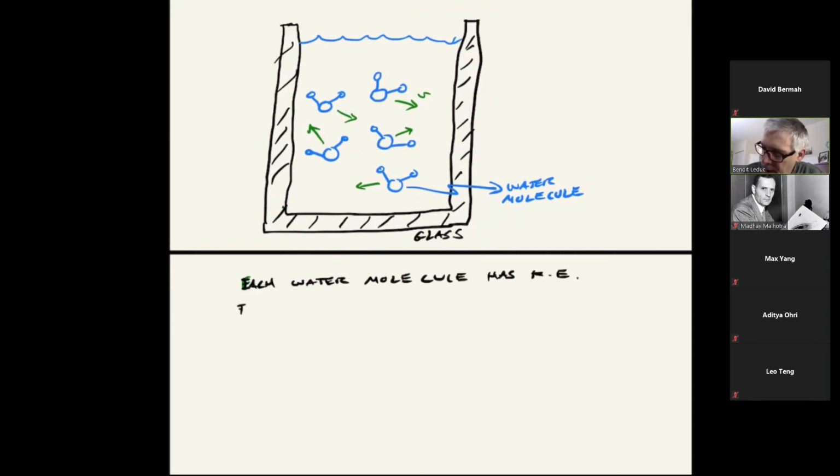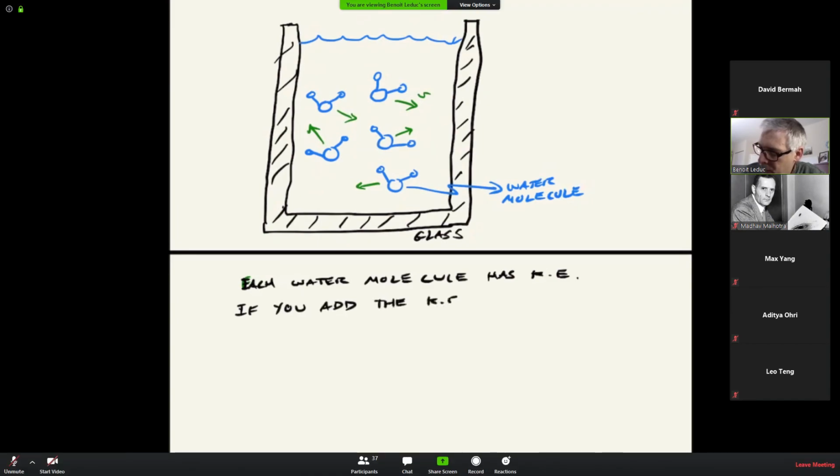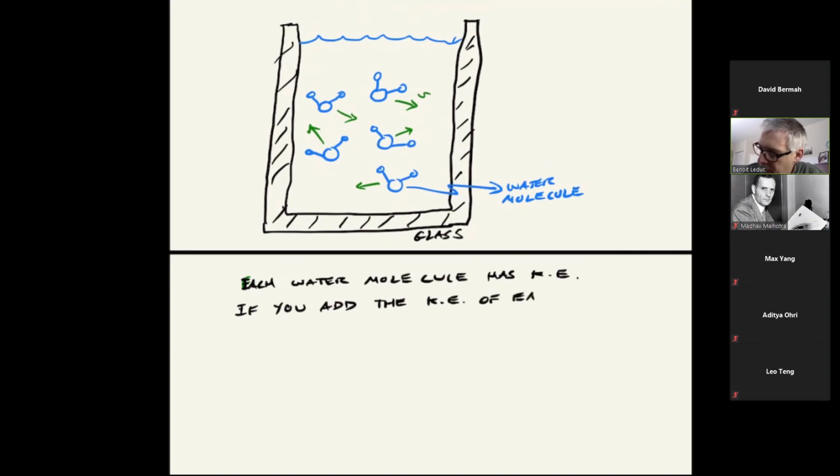And if you add the kinetic energy of each molecule in the water, body of water, okay, you obtain